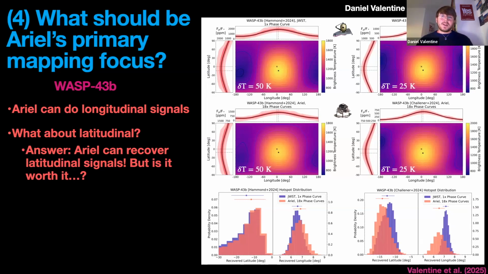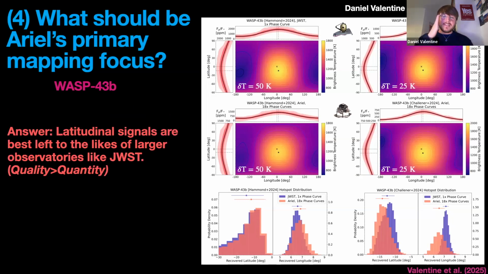So even for a dedicated exoplanet mission, this amount of observing time for a single target is starting to become unfeasible, surpassing 15 days. But since latitudinal signals are localized to ingress-egress, can't we just observe 18 eclipses instead? Well, no, because in that case, we actually don't recover the latitudinal signal because we need the phase signal to anchor the longitudinal profile and disentangle those signals from the latitudinal ones in ingress-egress. So this 15 days really is the bare minimum observing time that we would need with Ariel to recover these signals. So the answer to this test case is that yes, Ariel can do small scale and latitudinal signals, but